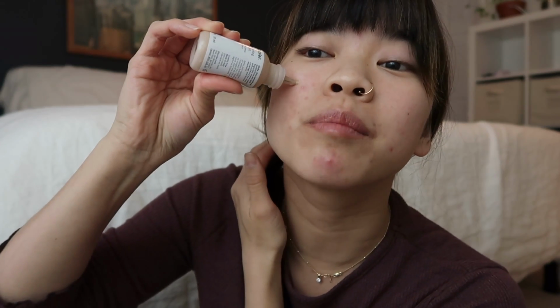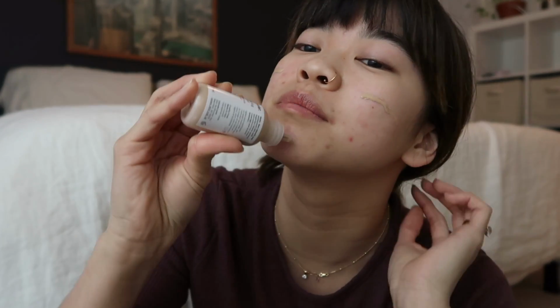So for applying skin tint, how I've done it in the past is I just drop it onto my face and then blend it out with my hands. That seems to be like the best option for applying something like this. So already I can tell a difference in the formula, which is so funny. I can't believe I didn't buy this when it got reformulated last year. This stuff is actually really